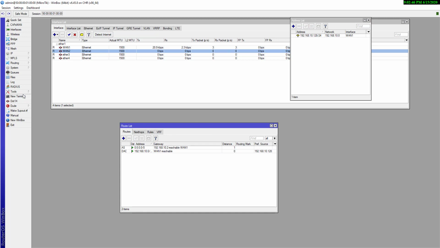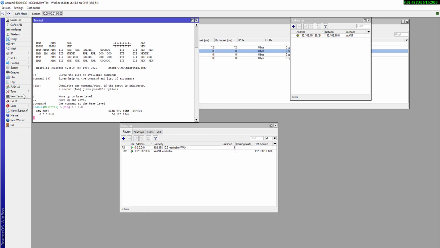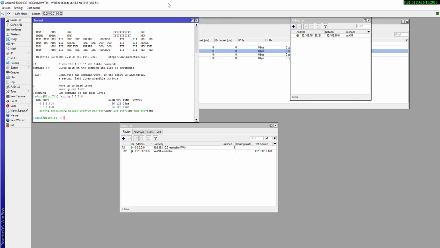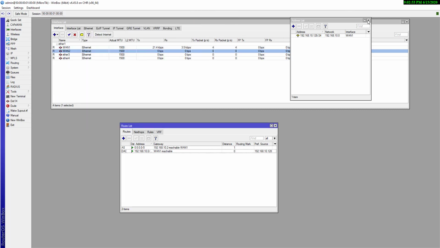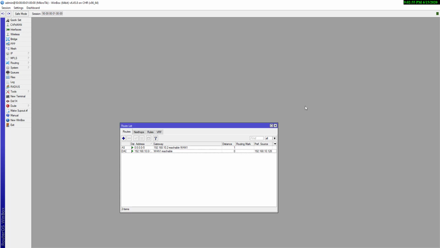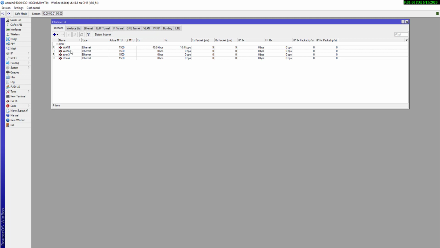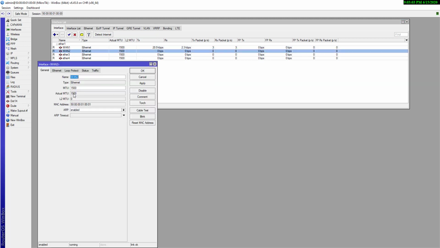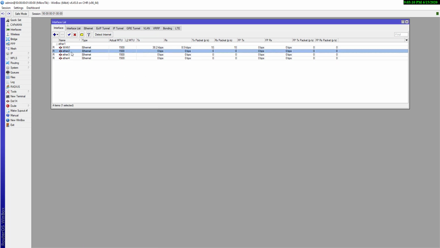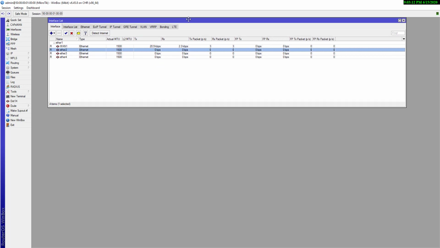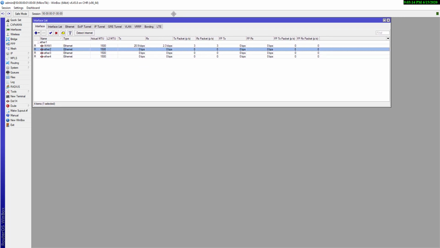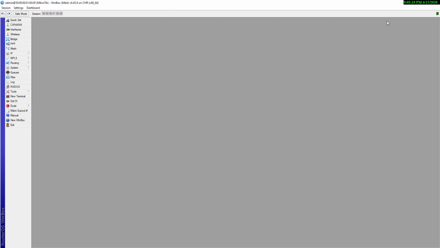Here you can see we have done both the dynamic and static internet connection. If you have any doubt, you can comment and I will give you an answer. Now I'm going to do our third task. Before going there, we have to return our WAN port to Ethernet, so Ethernet 2, apply and OK. Just change the name so that you can understand which is our WAN port and which is our LAN port. Okay, don't worry about it.